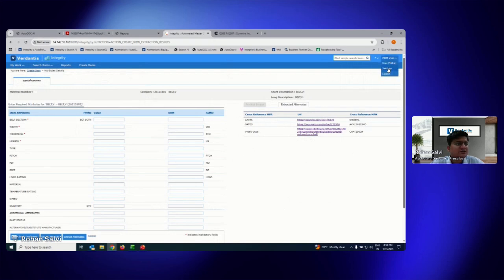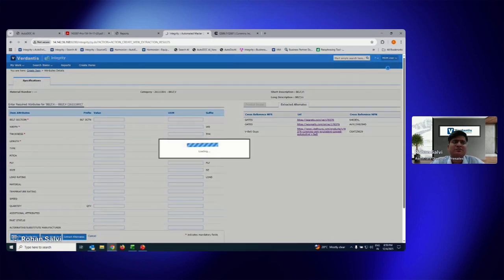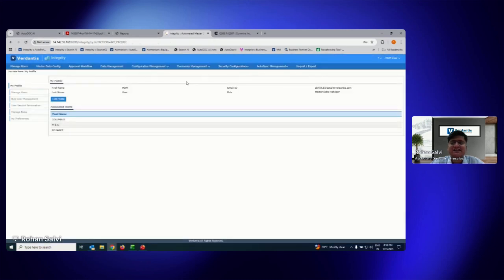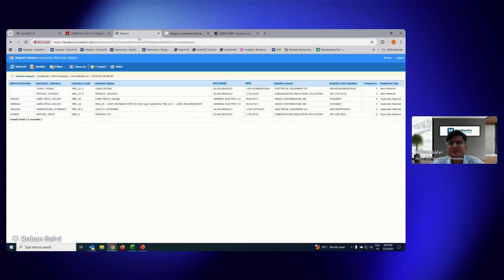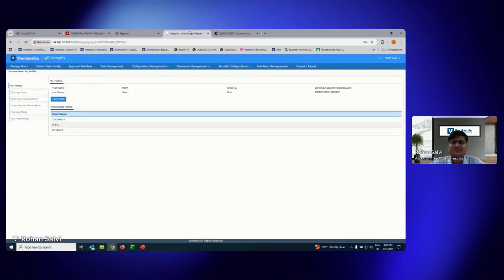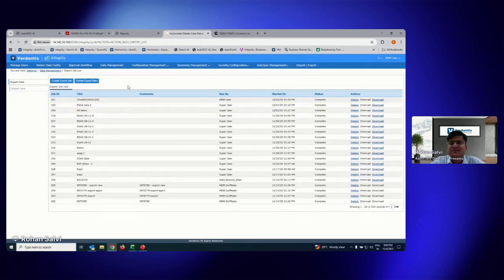Let's switch over. And this is where the bulk creation or bulk update process becomes very handy. And that particularly is useful for instances like this, where you have two items that you would like to create and then an item that you would like to update in the master data. This can be done in all different modules: material, vendor, everything.